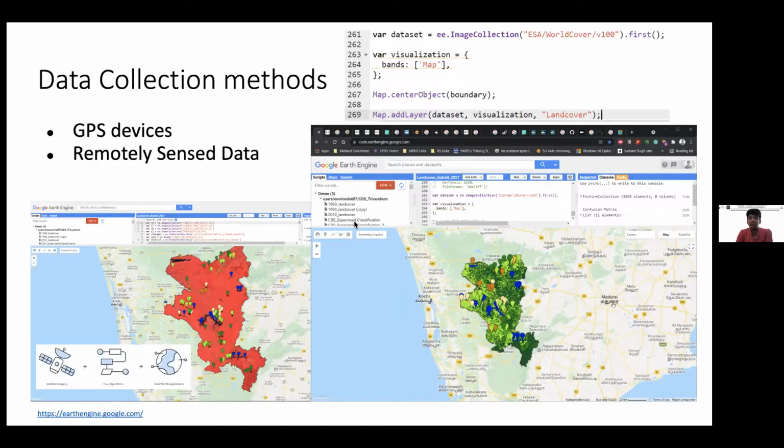In similar fashion, there are different land use, land cover maps that have been created by the European Space Agency, like a global land cover that's easily accessible. So you don't need to go through the entire process of downloading satellite imagery, analyzing it, and then going out on the field and checking. You will have a land use map with you. You just need to go on the field and check whether the land use is accurate or not, and use it directly.